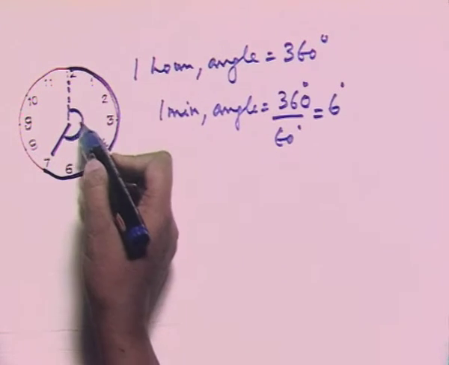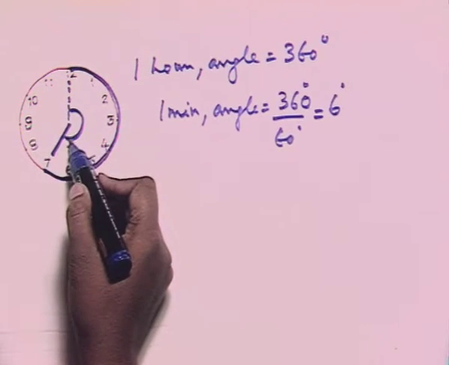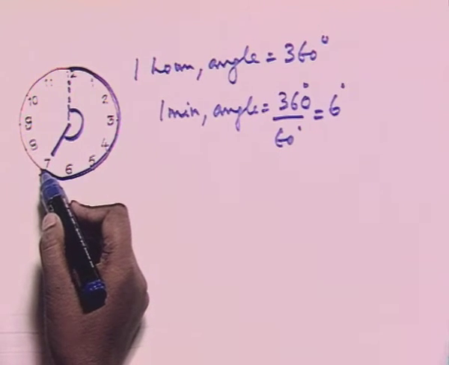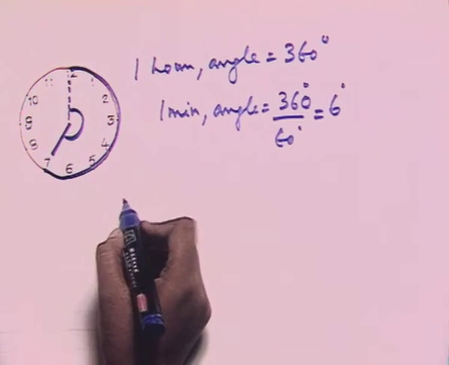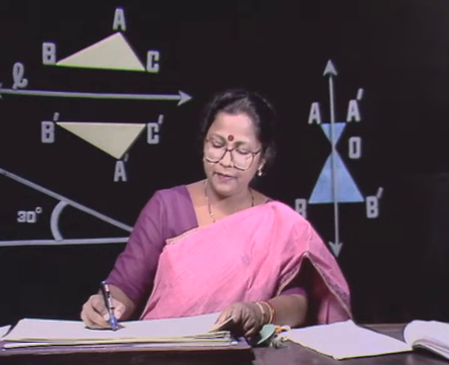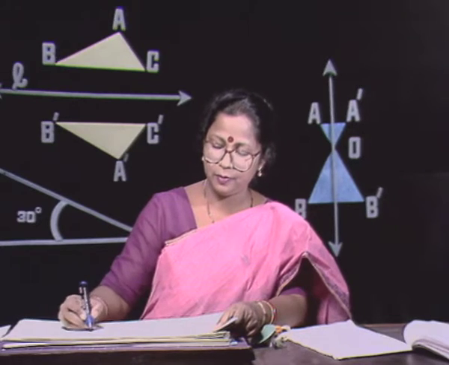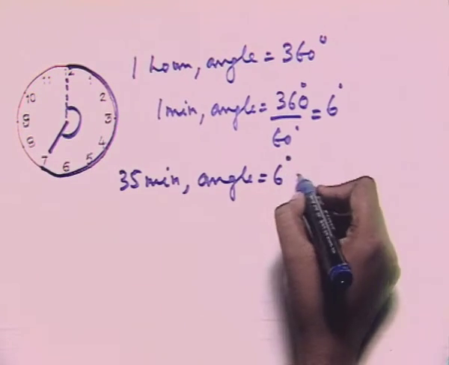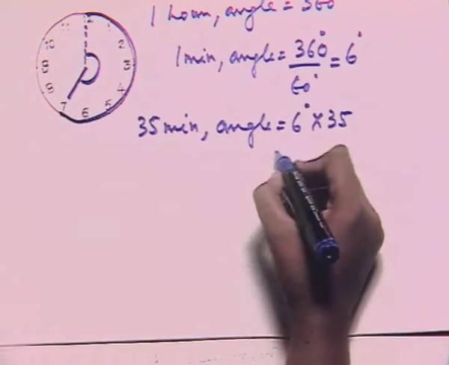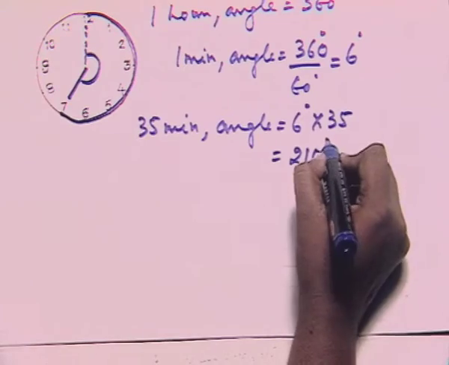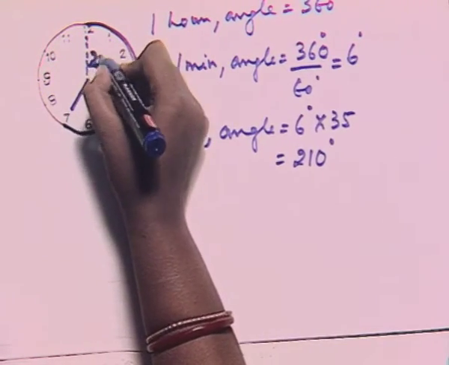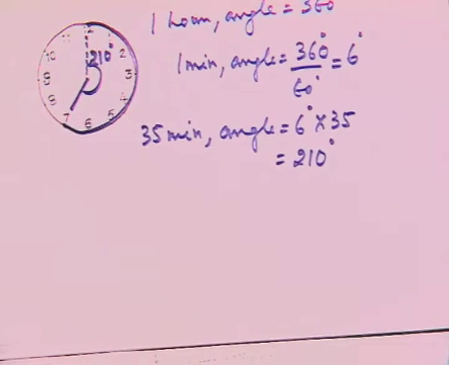So, how much angle will be made at the center of the circle if this minute hand moves from 12 to 7, that means it moves for 35 minutes. So, in 35 minutes the angle made by this minute hand will be equal to 6 degree, that is angle made in 1 minute, multiplied by 35, and we get that is equal to 210 degree. So, this minute hand is making an angle of 210 degree at the center of the circle,